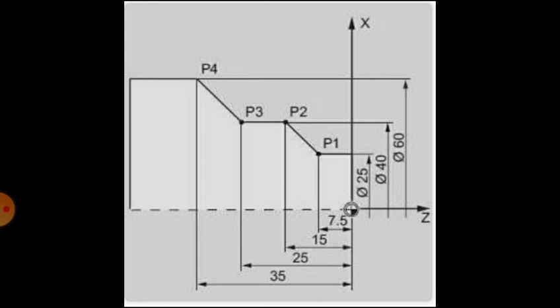And then the Z plus axis is shown. So on the right hand side of the reference point, Z is plus. On the left hand side of the reference point, that is the horizontal axis, Z is minus. Above the reference point, X is positive, and below the reference point, X is negative.